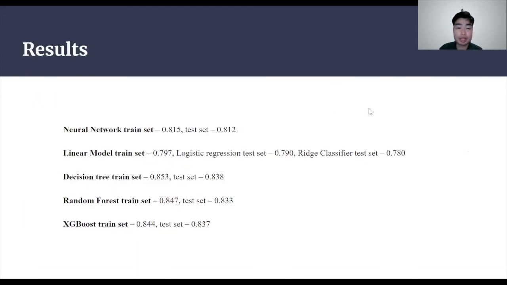Over here, you can see from our result sets, most of which have a pretty reasonable and high accuracy. So as a rule of thumb, anything above 70 should be quite reasonably accurate, and we have achieved for all test results 0.78 minimally. We can see the decision tree model gave us the highest accuracy in both the train set and the test set. And this is kind of expected, given the simplicity of our data set. A simple model like a decision tree should be able to map it accurately.